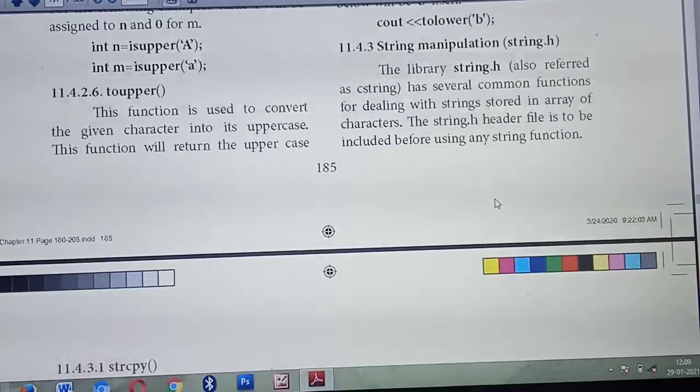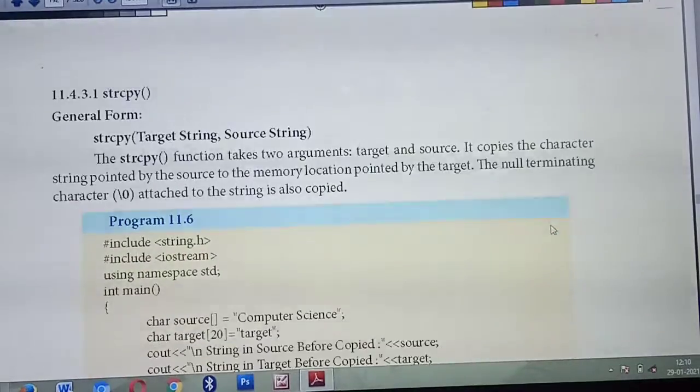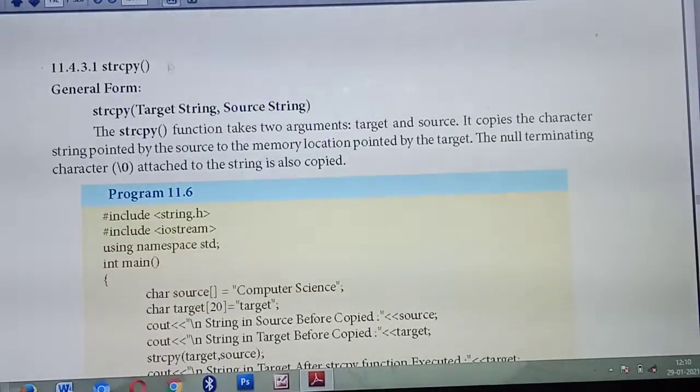Okay. So all the strings are by default stored in an array of characters. That is, an array of characters means a collection of characters. A, B, C, D, these are called characters. A combination of all the alphabets gives a collection of characters called a word or string. Okay. So what header file do you need to include if you are using strings? string.h. Which header file do you need to include to use the string functions? string.h. Okay. Listen. Under that header file, the first function is strcpy.